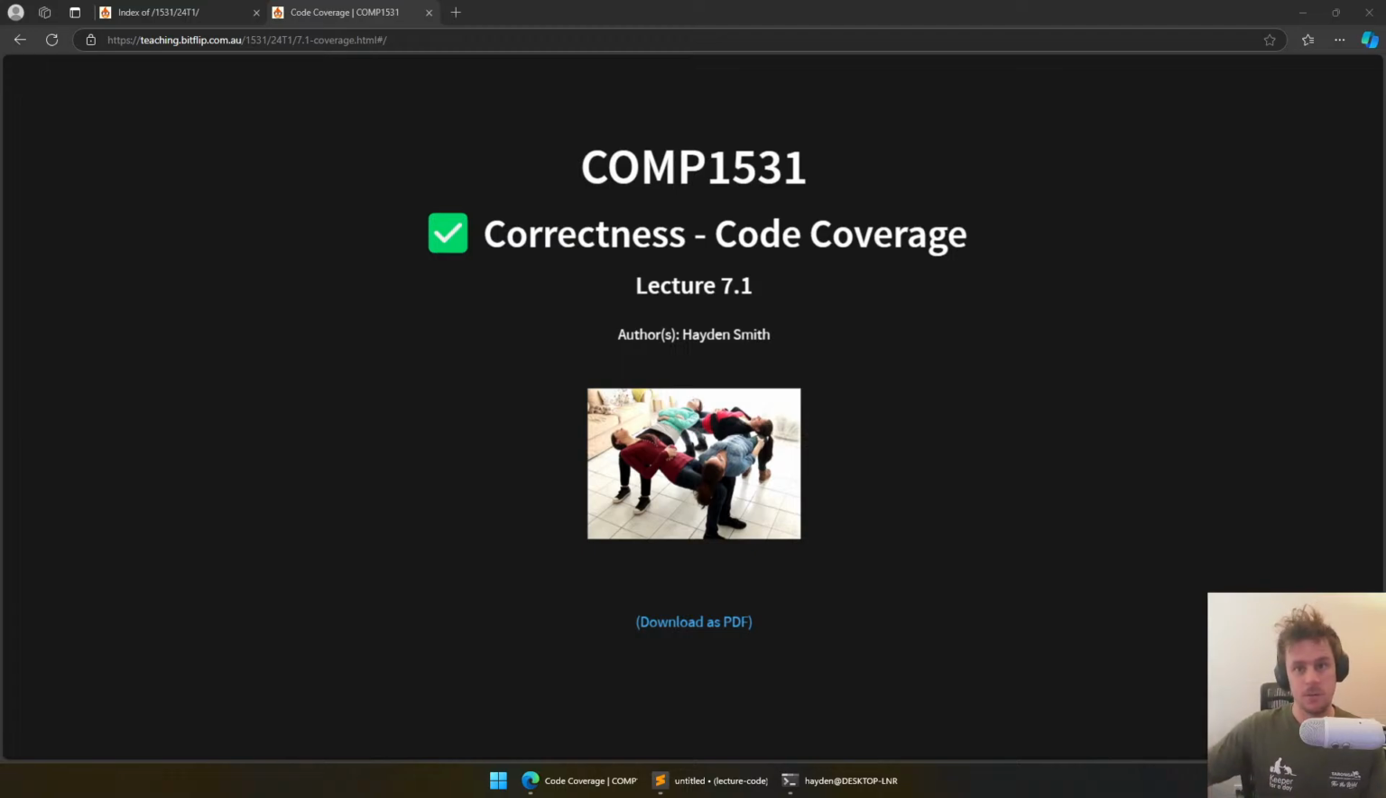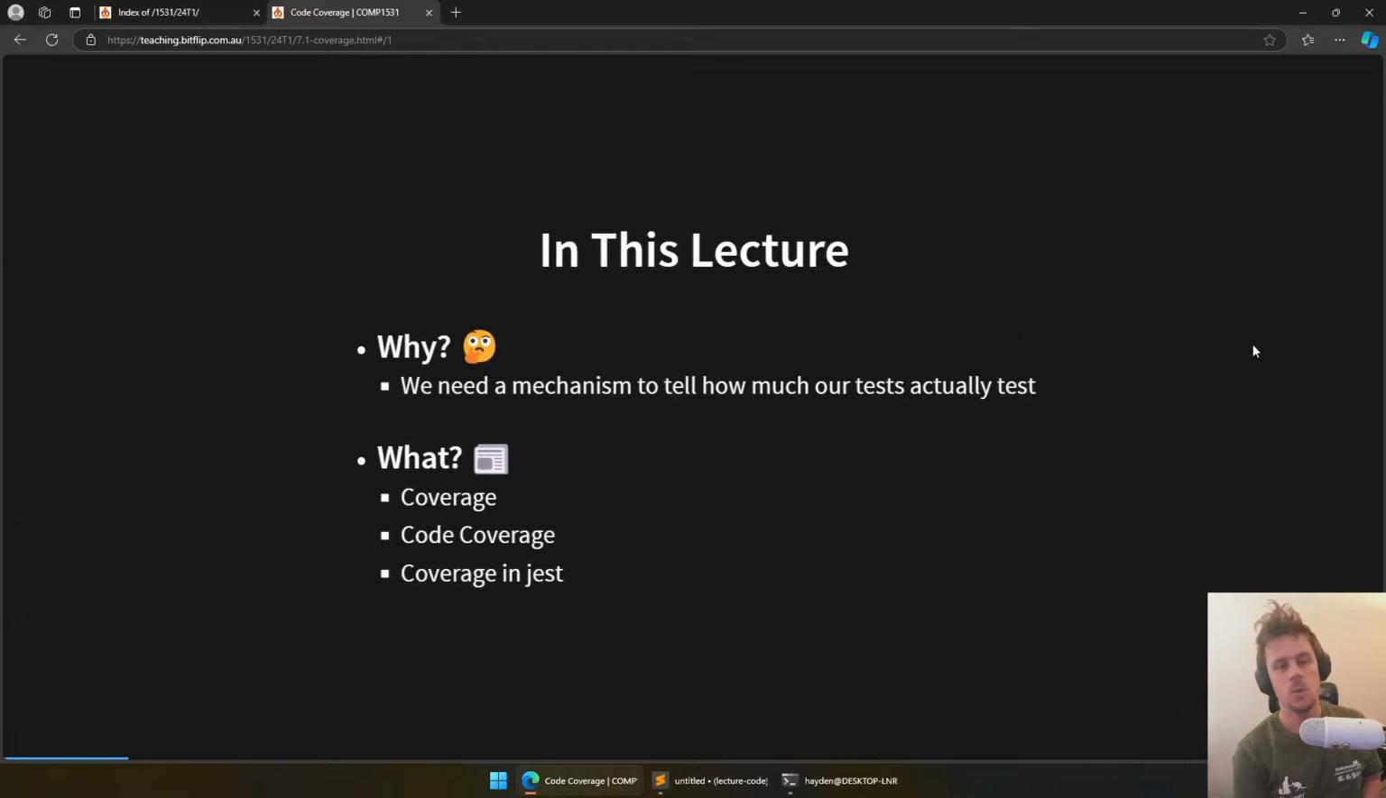And just like a lot of what we talk about from this point onwards, this will have pretty much nothing to do with iteration 2. It all has to do with iteration 3. So let's get into it. Firstly, we need a mechanism to tell us how much our tests actually test. And it's a really interesting idea because if you've thought about it before, no doubt you would have realized or remembered